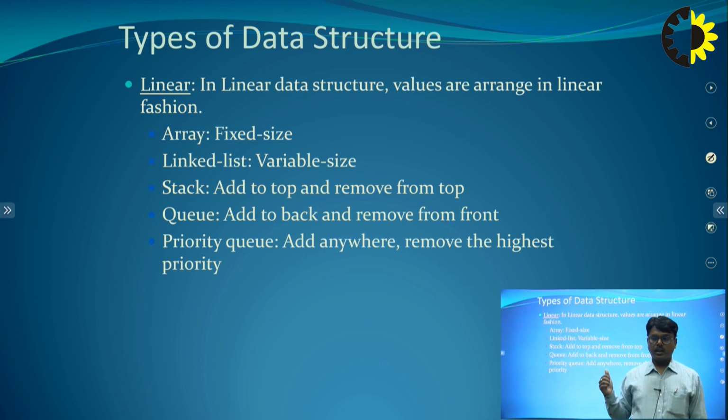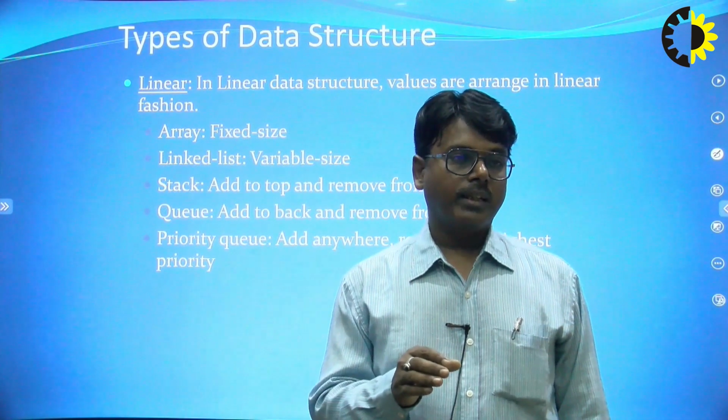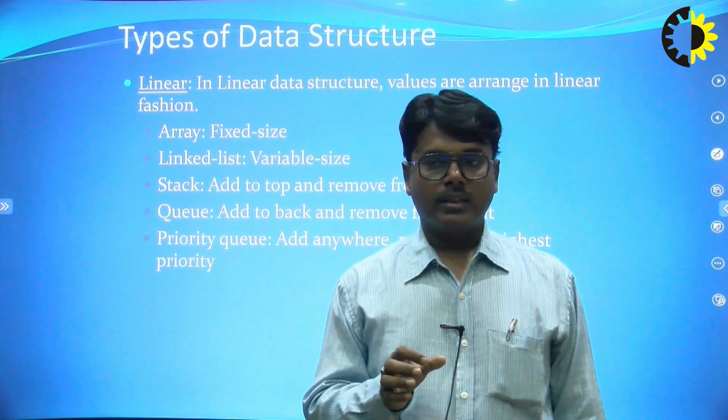I have already explained this while displaying the graphs or images of different data structures, and what kind of value was stored and how. So first, in the case of linear data structure, comes the array. This array holds fixed size data. That's why it's very important here that